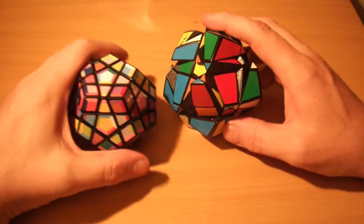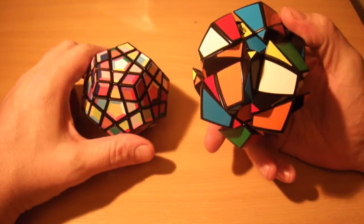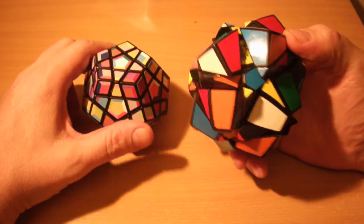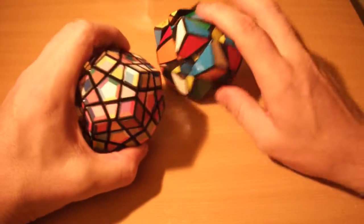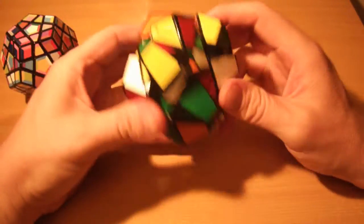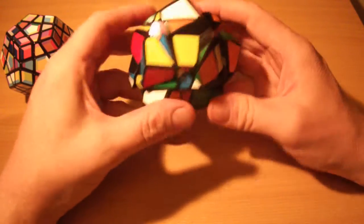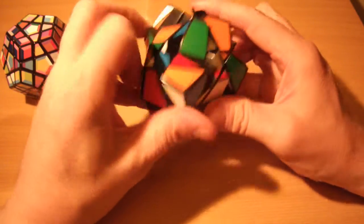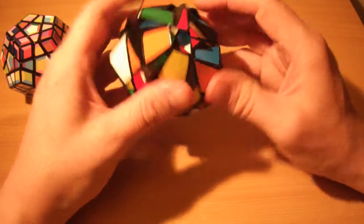Now the first thing we have to do is figure out exactly what is what on this Hexaminx. Because everything's a different shape, it can be a bit difficult to figure out exactly what are edges and what are corners. Obviously in the Megaminx it's obvious which ones are edges and which ones are corners. On the Hexaminx it's not quite so straightforward. So if you haven't already figured it out on yours, I'll just show you what's what. You probably should, just in the process of scrambling it, because you can't scramble it properly really until you figure